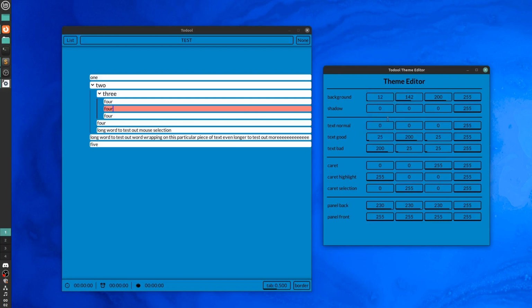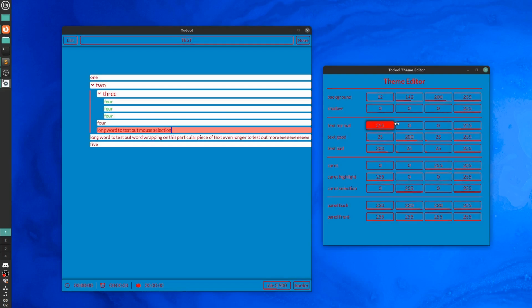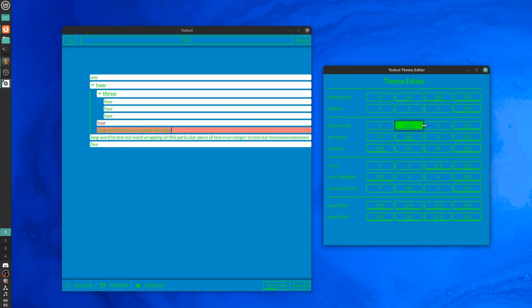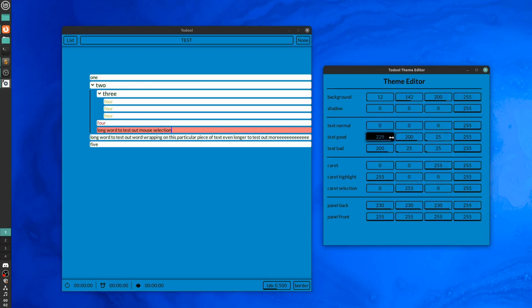I have the text color, so there I can go and color these differently based on the state. So text normal is the normal text color used by everything by default. Text good color is whatever is supposed to be good in your color scheme. Then the text bad color is really red,